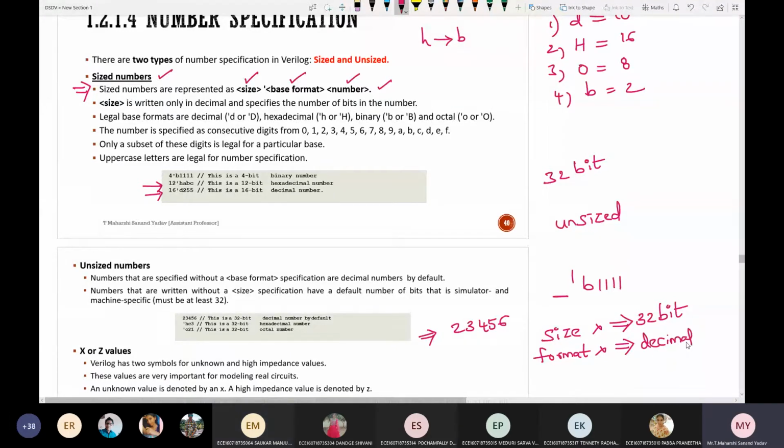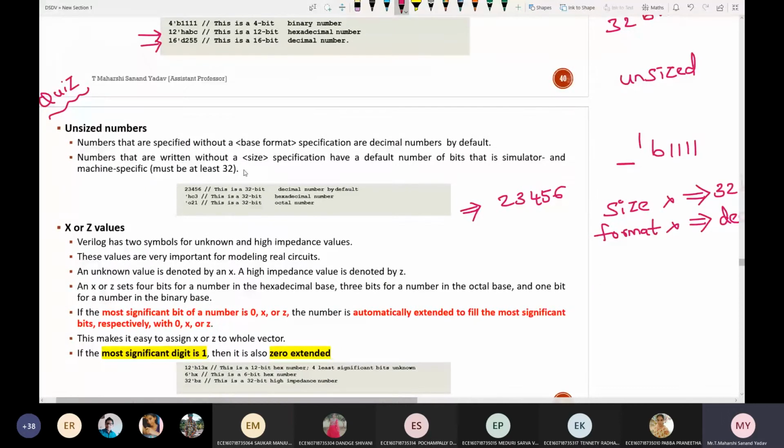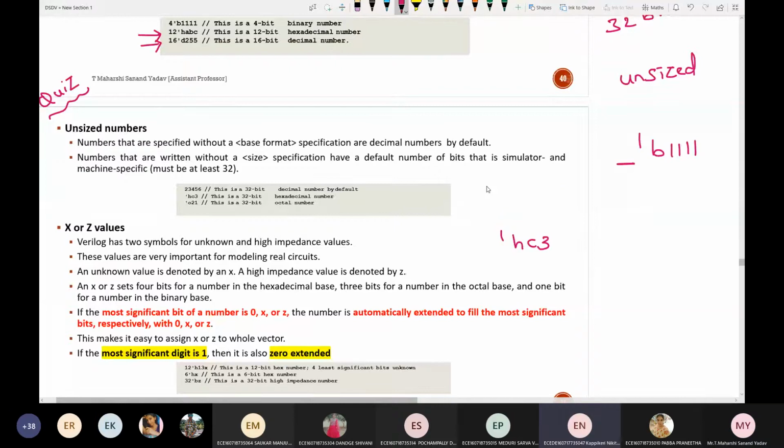Correct. Remember these points. Generally in quizzes you will get this kind of question, and for any VLSI based jobs, these are the basic questions you can expect. Same thing, take 'hC3. Now in this, which one is missing? Size is not there, the format is there.